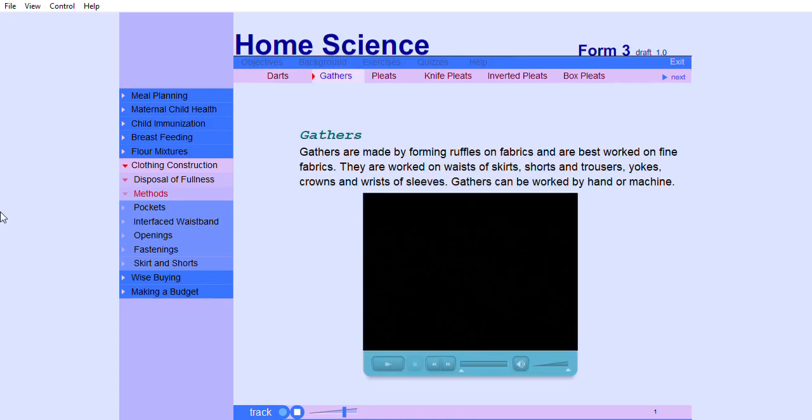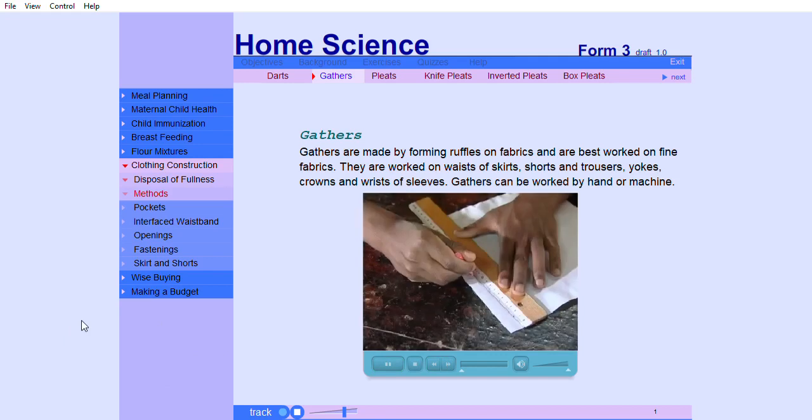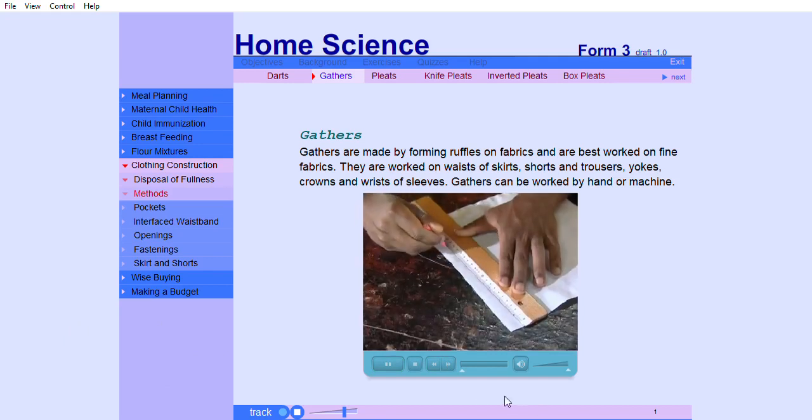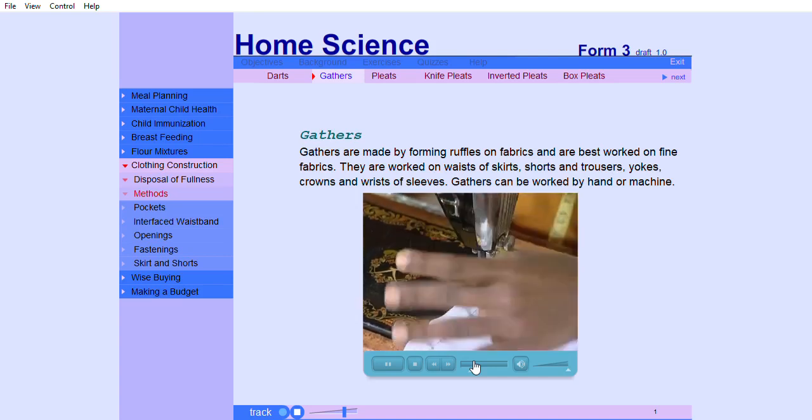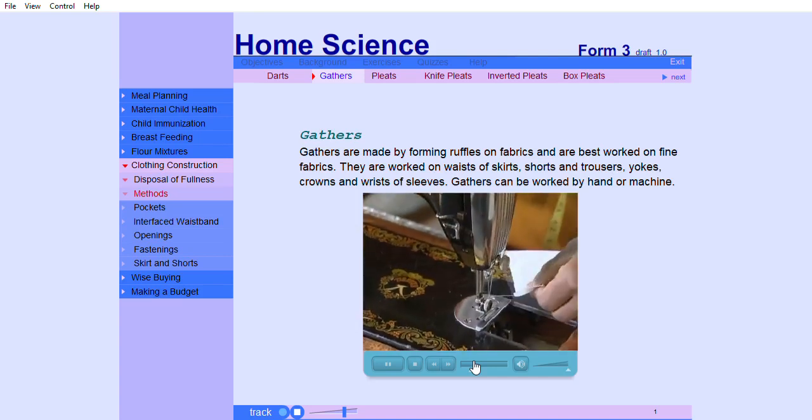Gathers. Gathers are made by forming ruffles on fabrics and are best worked on fine fabrics. They are worked on waists of skirts, shorts and trousers, yokes, crowns and wrists of sleeves. Gathers can be worked by hand or machine. Procedure of making machine-worked gathers. Leave threads hanging from both